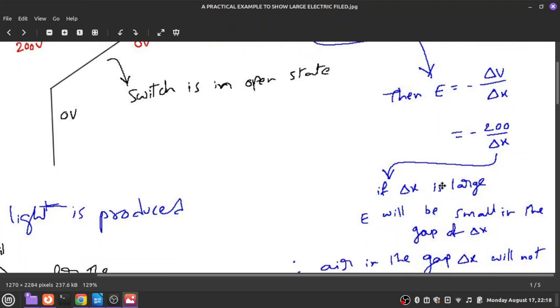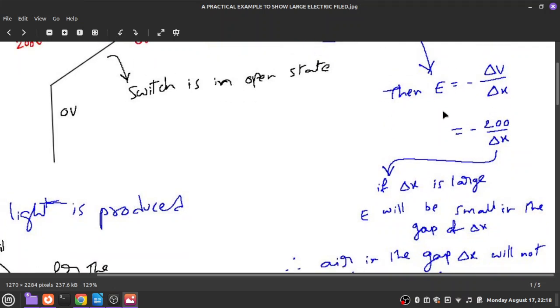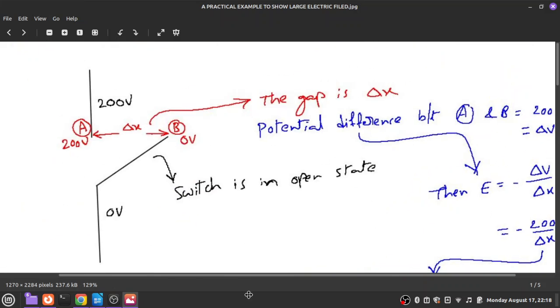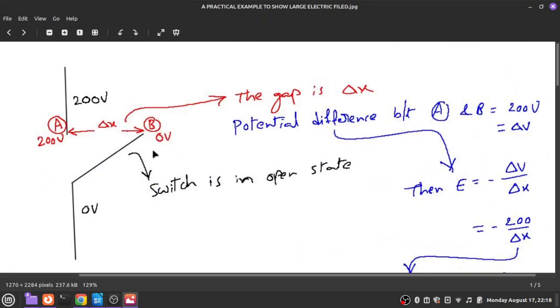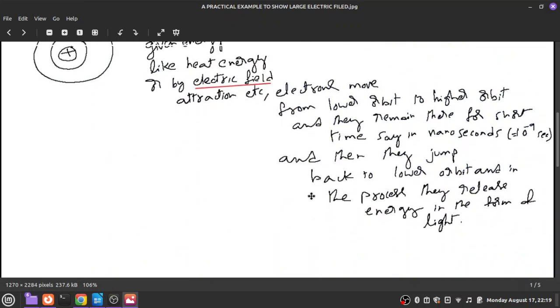If delta x is large, then since the electric field is equal to minus delta V by delta x, the electric field will be small in the gap of delta x. Therefore, the air in the gap will not be ionized. But once you push this switch very close to the high voltage point A, as shown in the figure below,